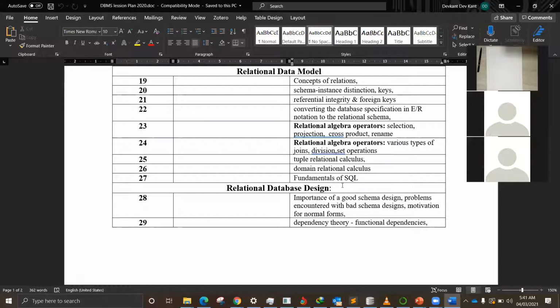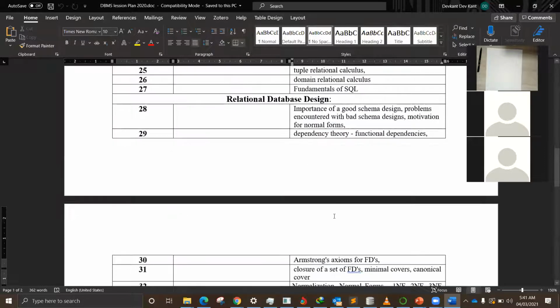I can understand that probably all of you might not have sufficient practice on the queries part and relational algebra, for example operators, TRC and DRC, but that's okay, no worries. Right now we can switch to our next module. With time you should practice all those things. Now we will start our next sub module, relational database design.